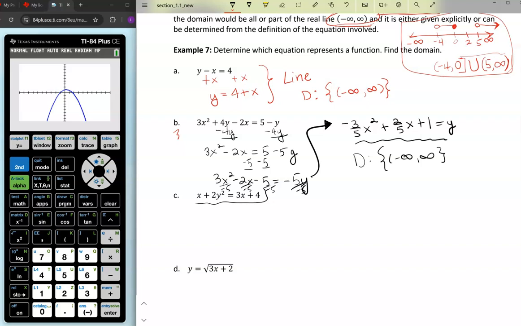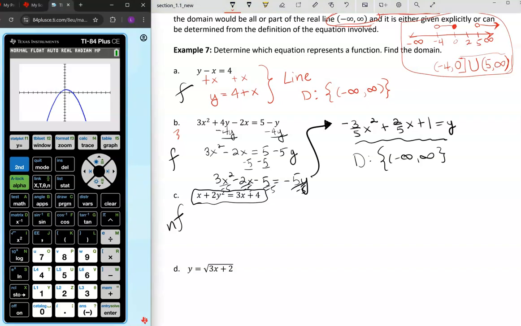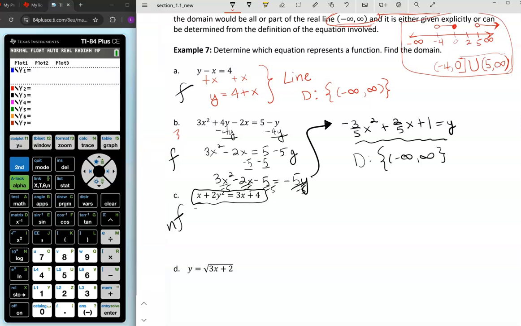All right, now this one, it depends on your level of math experience at this point, if you recognize that this is a function or not. I'm going to go ahead and say it's not a function. We're going to talk about why. So this one's a function, this one's a function, C is not a function. It's not a function because the y has a square on it. Now, you're going to see that when we start working this problem, when we try to get the y by itself, and I'm going to start off by subtracting x,